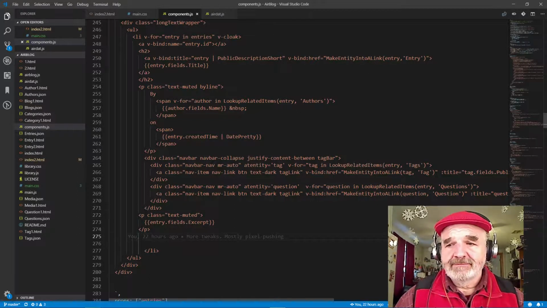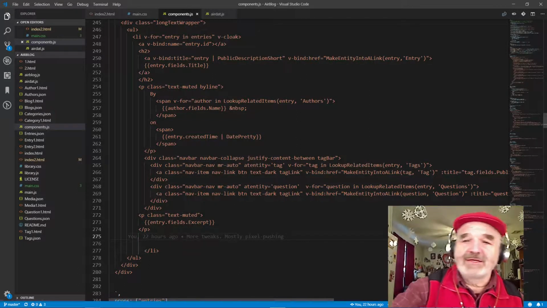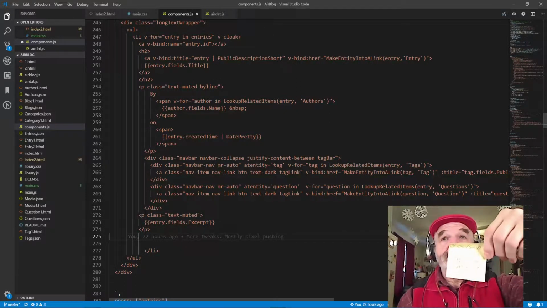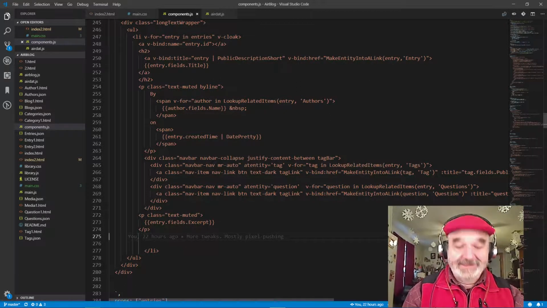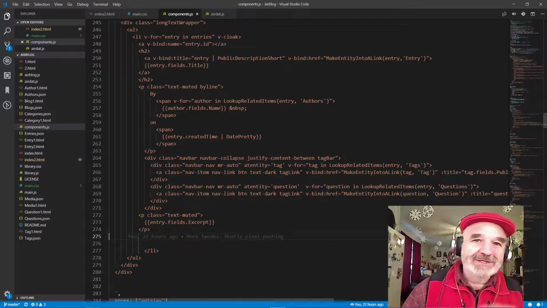Then there was something else. What was the other thing? I have my notes right here. And unfortunately, when you write like I do, and you can't read your own notes, that kind of sucks. Oh, I wanted to show you main CSS. Okay, so